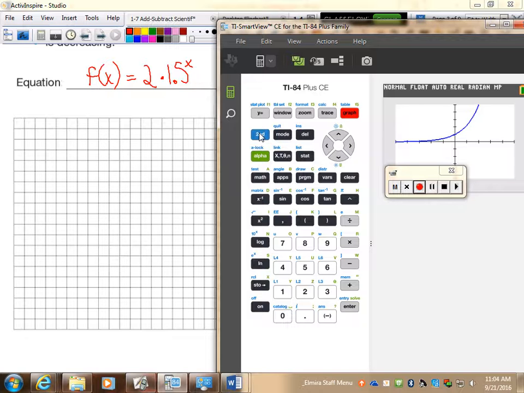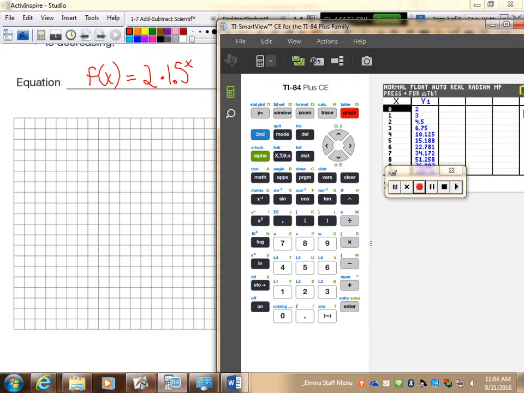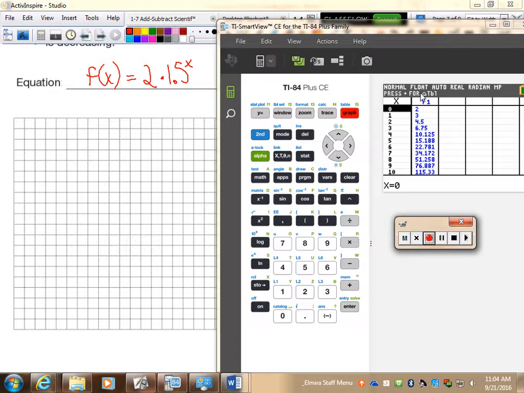So if I want exact points, I'm going to hit the second key, and see how it says table above graph? I'm going to hit that. And it gives me a list of values that I can use to graph with. In fact, if I scroll up, I can see negatives, zeros, and positive. Now, I did make up one that has some kind of ugly decimals in it, but we can round a little bit. Okay, so if I were making this graph,